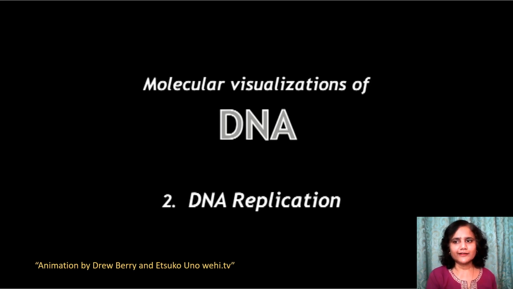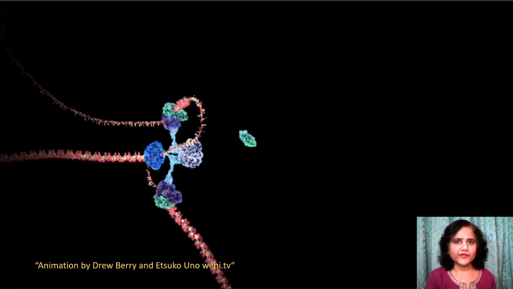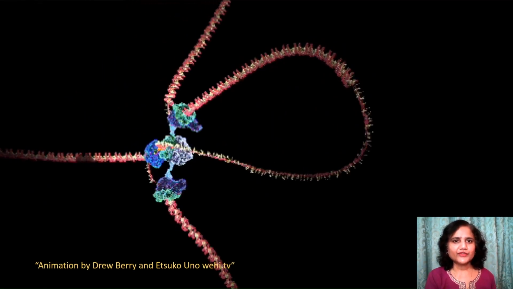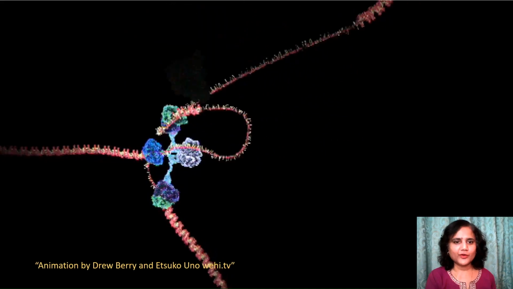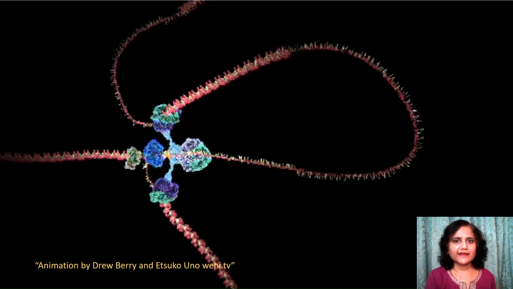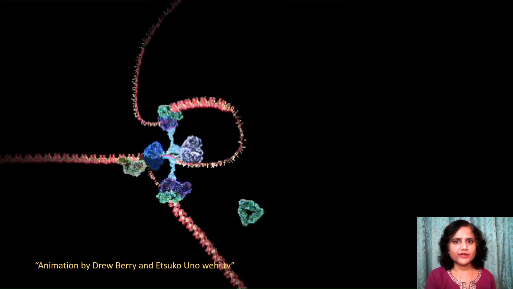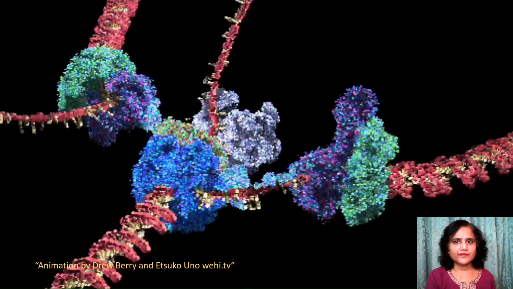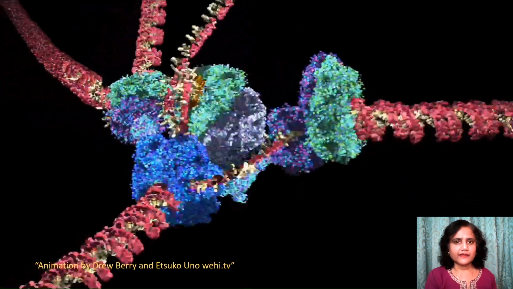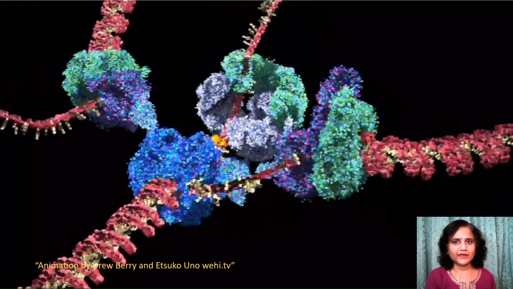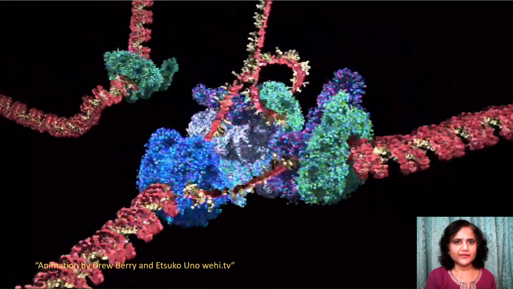Although the preceding descriptions I gave are quite simple, DNA replication is a highly complex process which is brought about by coordinated action of the replisome. The replisome is a complex molecular machine that consists of various enzymes and other proteins which are important for replication, and these are assembled at the replication fork. You can see some of the proteins here doing the process of replication.